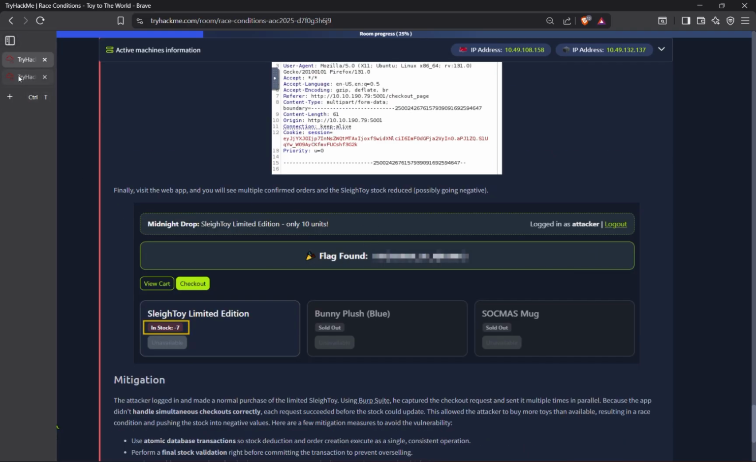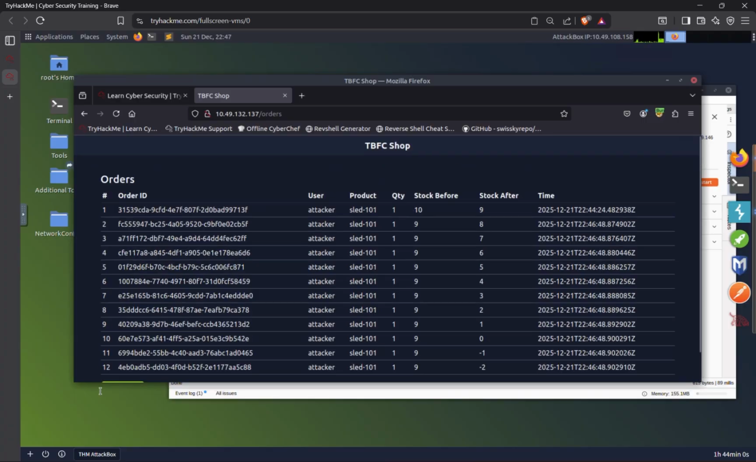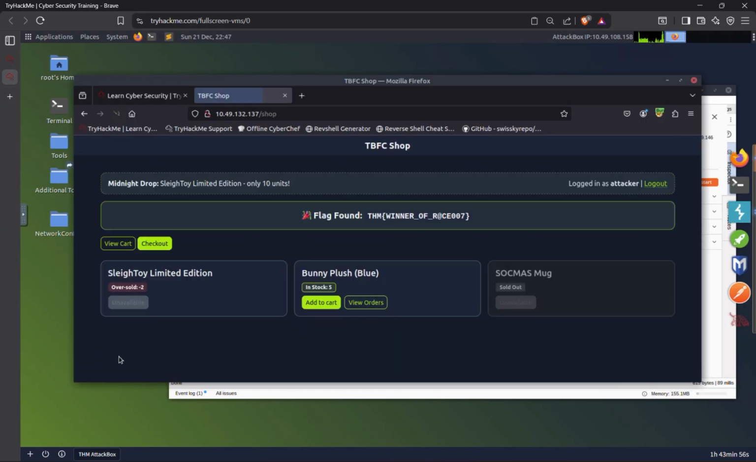We're gonna visit our page and we should be able to see our flag. So we'll go back to the shop. Voila, we finally found the flag, and as you can see, they have been oversold with -2 items, and we'll copy this flag,